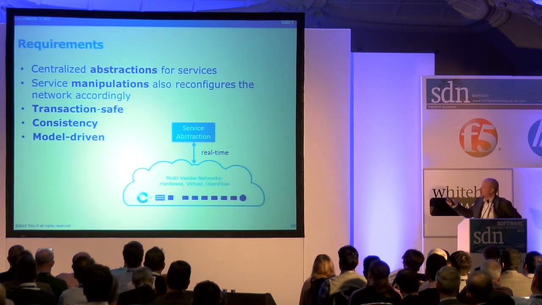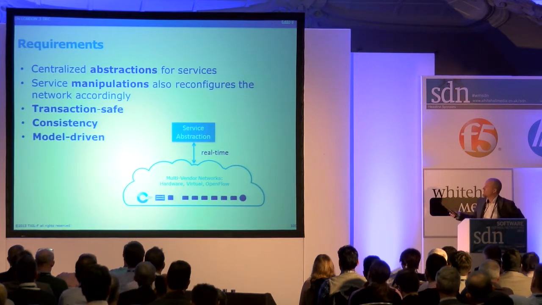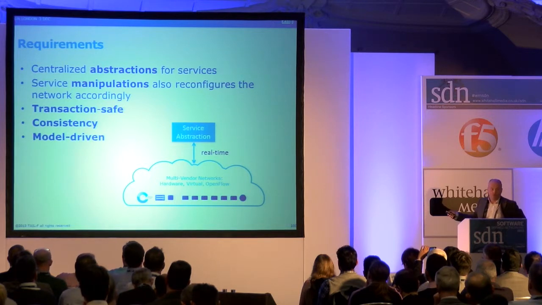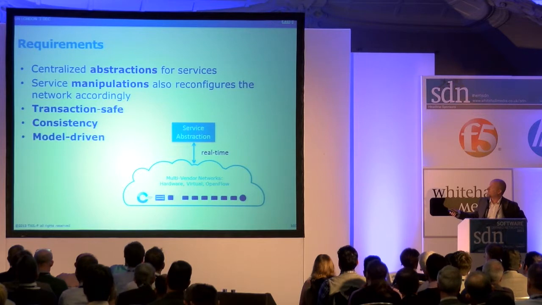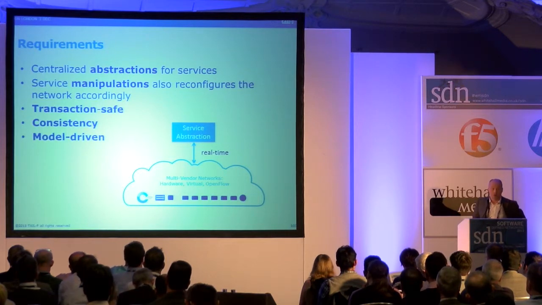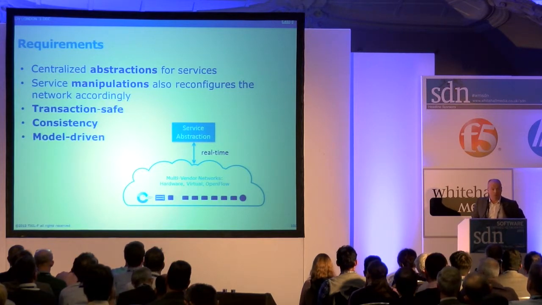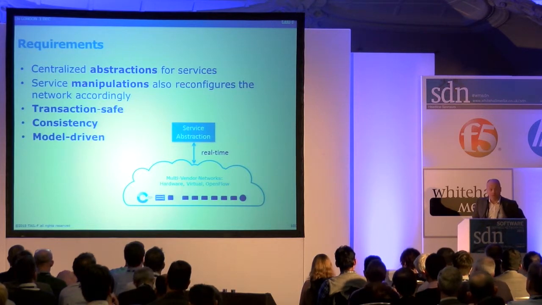First of all, tying back to SDN concepts here, you need centralized abstractions of the network services. And I'm talking about the end-to-end services that you provide to your customer. Again, taking the boring example of VPNs, you need to represent your VPNs somewhere centralized, logically centralized, well-defined. So am I talking about a CMDB database? Am I talking about an inventory system? No. What's the problem with those kind of systems? They are offline.